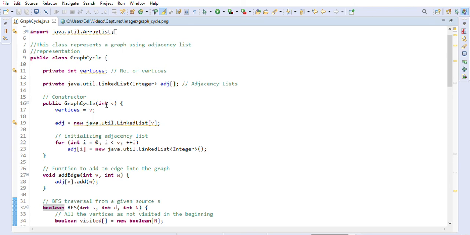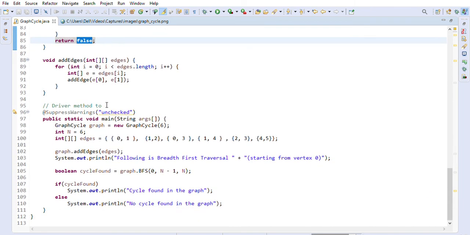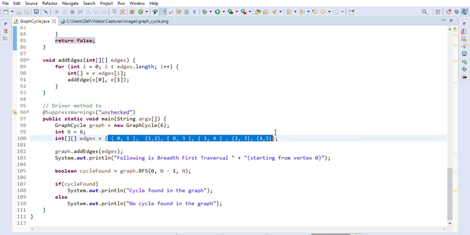So this is how you can implement the graph cycle algorithm. I will check this code in to my GitHub account. You can take a look at this code. You can create your own graph, try to create cycles in the edges and without, and see how the program works and how it finds the cycle. Also, it will give you a good start on graph problems.